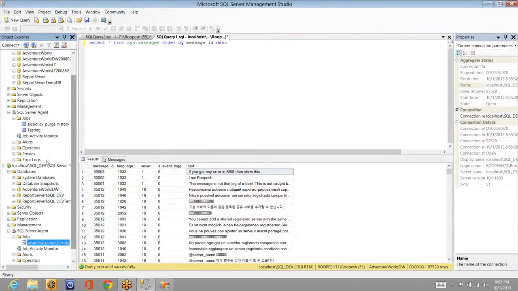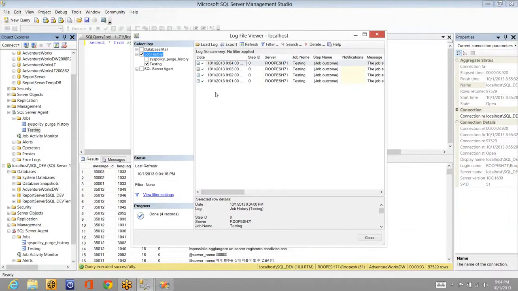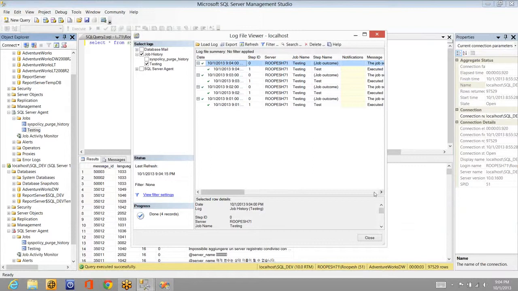So it is completed. Let me refresh the jobs in the destination server instance, and you can see this is enabled now. There is no error mark. That means it will start triggering. And this one, we scheduled for every 1 minute, right? You can go and see the history, view history, how many times it has triggered till now. So every 1 minute, it is triggering. See, it is successful. Every time it is successful, this tick mark means it is successful. So it triggered and one step executed, and that is just selecting of data.